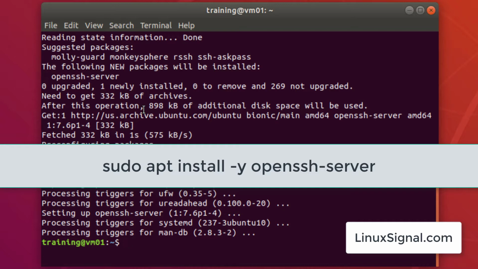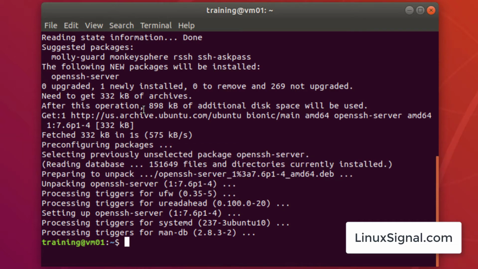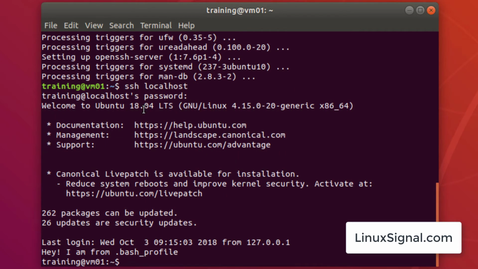Okay, the installation is done. Let me try to SSH now. ssh localhost. It's prompting me for the password, and I'm in. So I logged in locally from the machine,